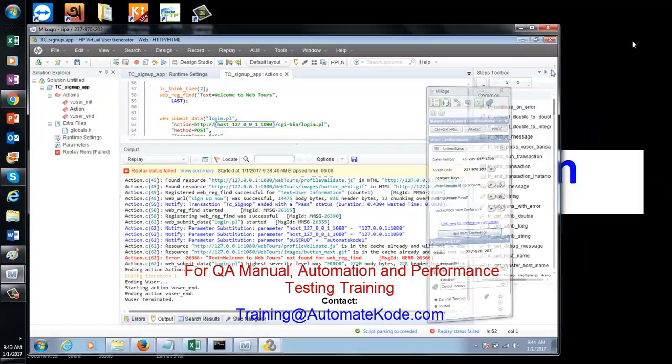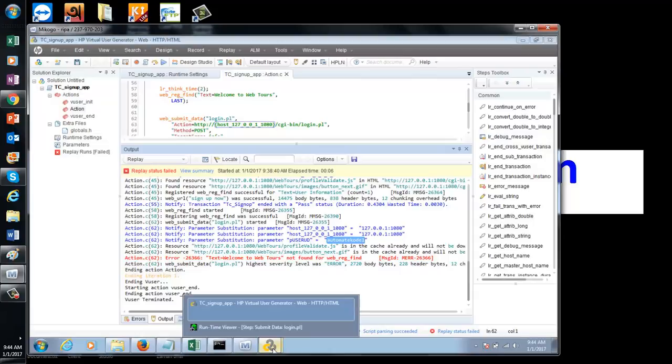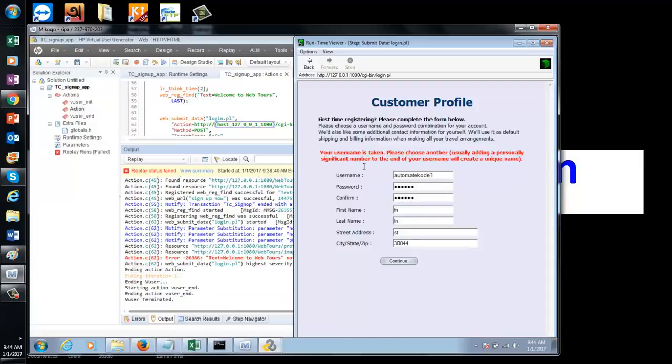Here you can clearly see this automate code 1 user ID from the runtime viewer. From the runtime viewer, you can see that this username is taken. If you try to re-register this user ID, obviously it will not get that message, welcome to WebTools. Instead, it will get an error message, right? Now, in order to take care of this, let me